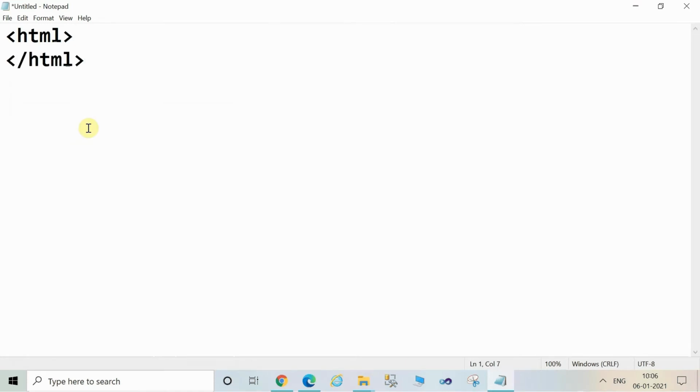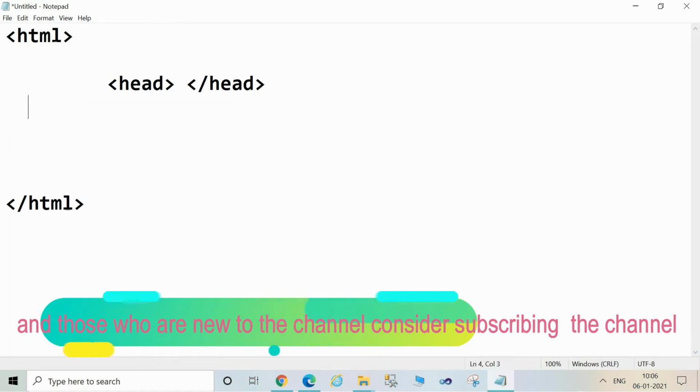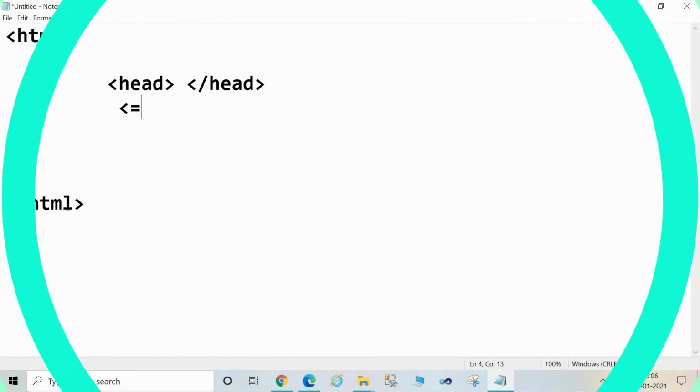As HTML is a markup language, markup language में हमें use करने होते हैं tags for displaying the contents on the browser. For writing an HTML program, we will start by writing html in the angle brackets and we will simultaneously close it with the closing tag of HTML by /html in the angle brackets, and we are having two children over here. One is the head and another is the body. Head is used for displaying the title and the body is used for displaying the various contents of the website.